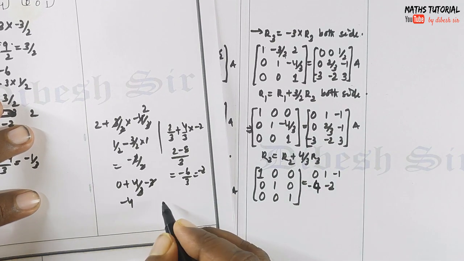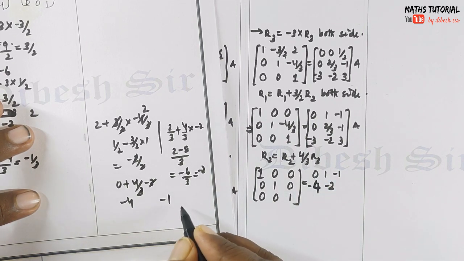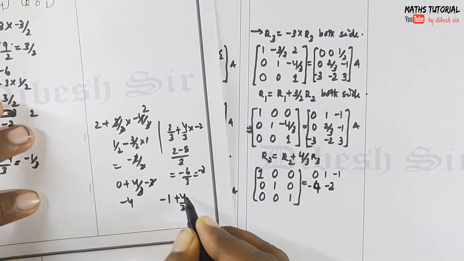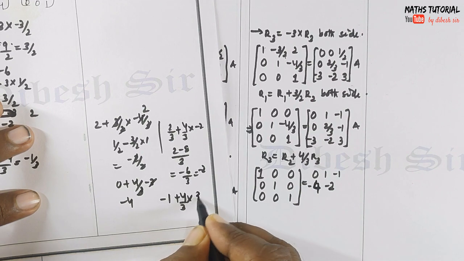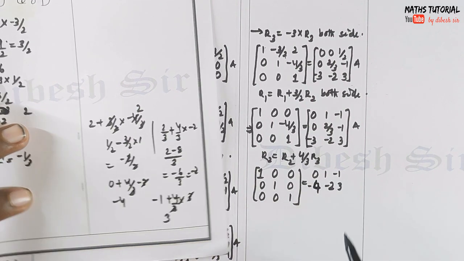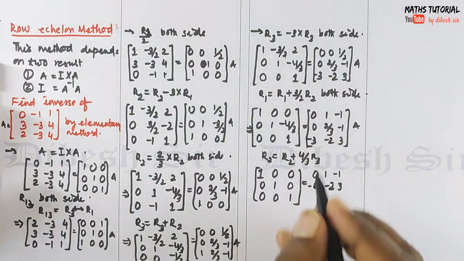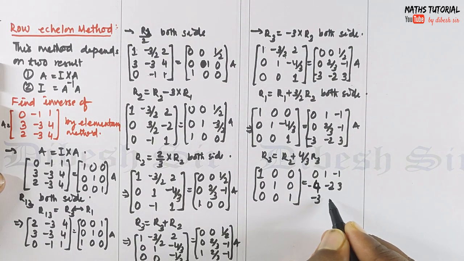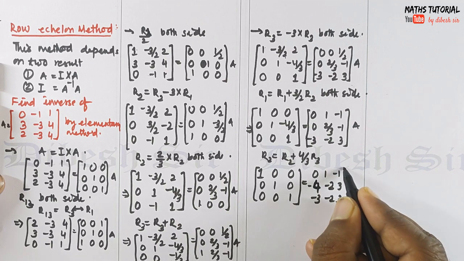Now minus 1 plus 4 by 3 into 3, 3 cancel out, 4 minus 1, that is 3, this becomes 3, so minus 3 minus 2 3